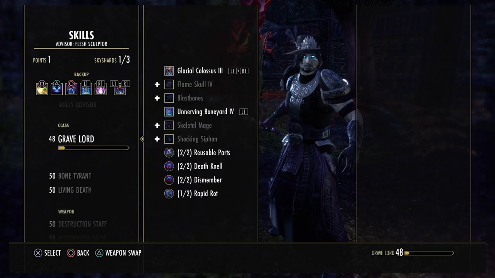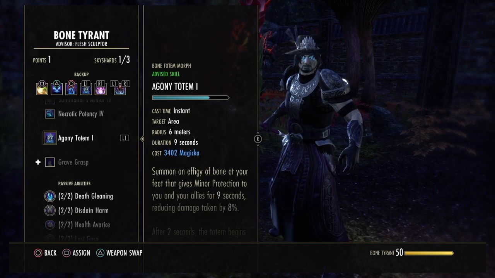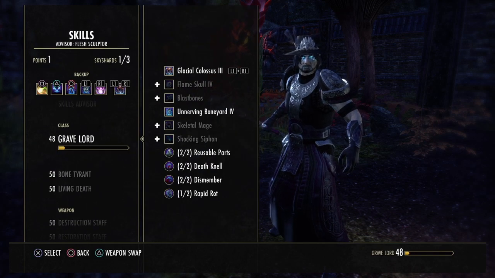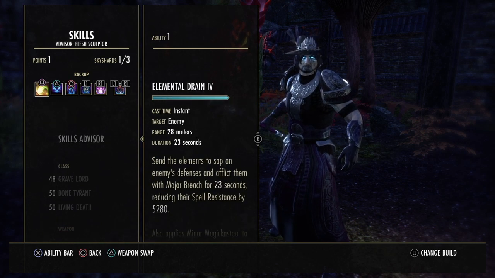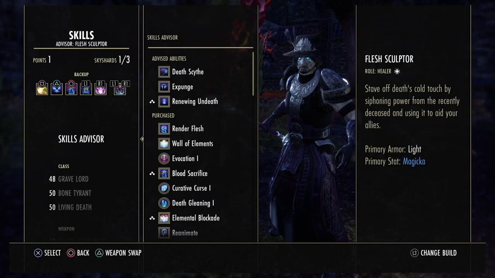So in a boss fight, I would definitely go for Agony Totem. If you're just running around killing loads of adds, Unnerving Boneyard will be a great thing. Then also on the back bar, instead of Elemental Drain, because you only need one of these in your group. So if the other healer is playing Elemental Drain, you don't need to. You have options as well,